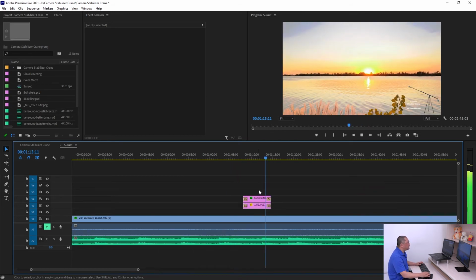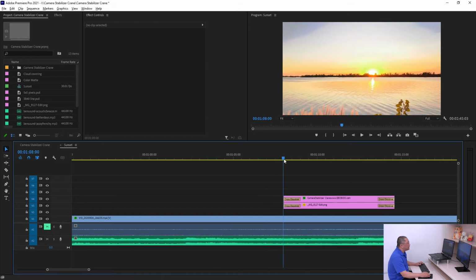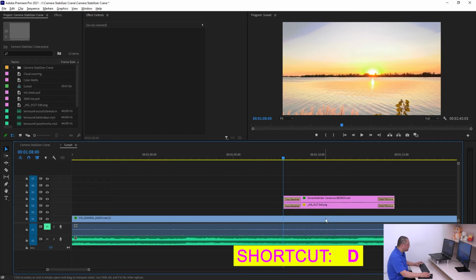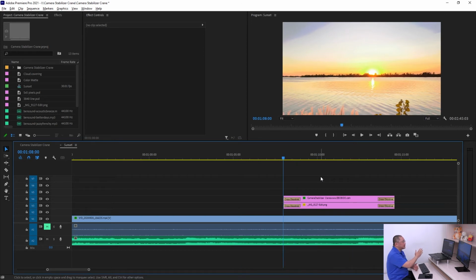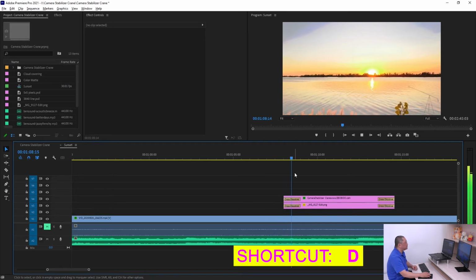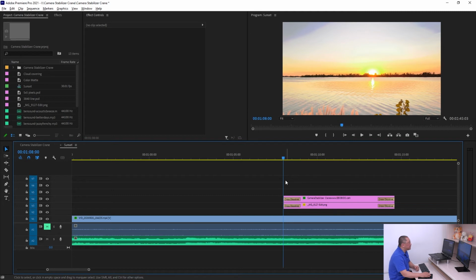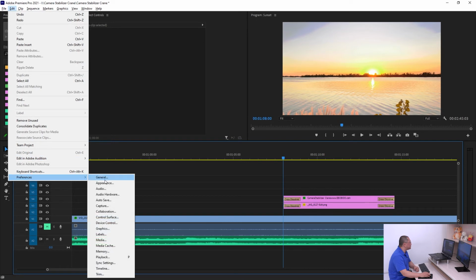And somehow if you want to do some checking for the edit in between in here, for example for the fade in, for the clip in, for the photo in here and the title in here, we can press the D key for play around. With the D key, you can go back a couple seconds before and play back a couple seconds after, so you can check how the edit looks in this area. The D key plays around how many seconds before and how many seconds after, so you can set it in the preference in